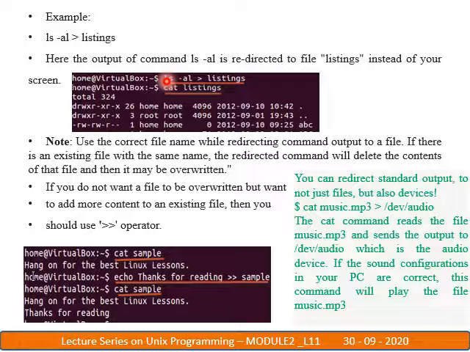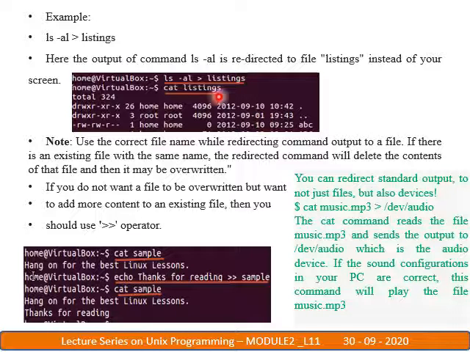Whenever we are redirecting the output, use the correct file name while redirecting the command output to a file. Suppose there is an existing file with the same name, then the redirected command will delete the content of that file and it may be overwritten.